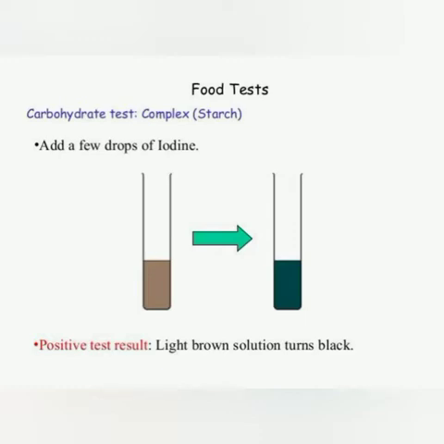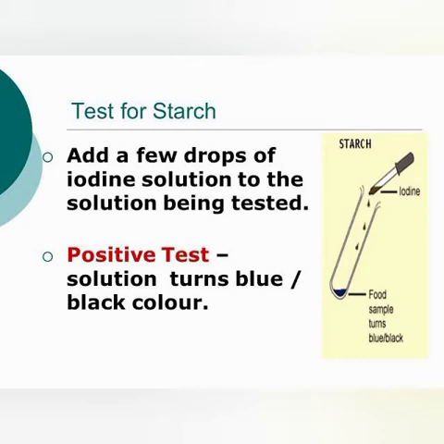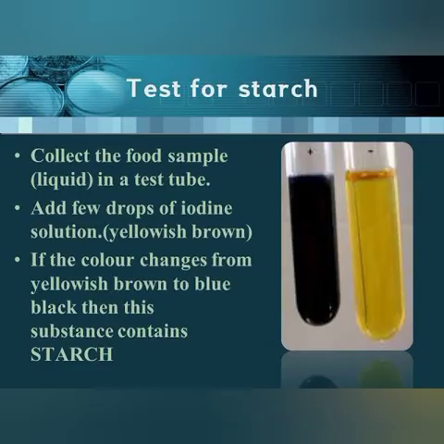To do this activity, first of all we have to take a sample of a food and we have to crush or grind the food smoothly. Either it can be the powdery form or either it can be the wet form. Okay. Now you take this food material into a small test tube and after that add few drops of diluted iodine solution. When you add diluted iodine solution, so this food will